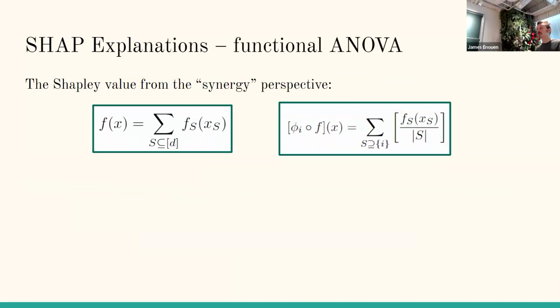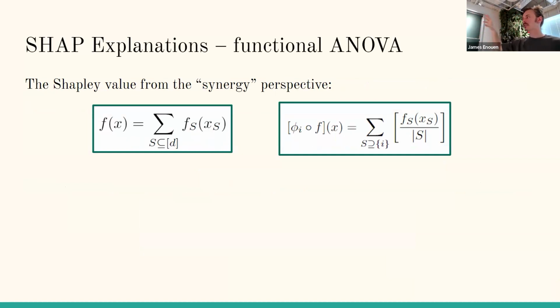which is about the quote unquote synergies from the game theory stuff. But you can just imagine the synergies are what's coming from the feature interactions. So without having both features at the same time, we can't use their synergies, which is using them at the exact same time. And so if we go back to our functional ANOVA decomposition where we pushed everything down as far as it can, then what does the Shapley value do?